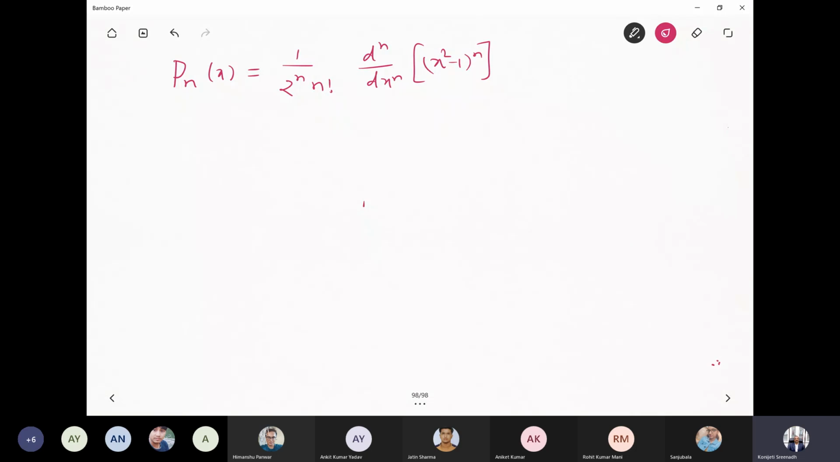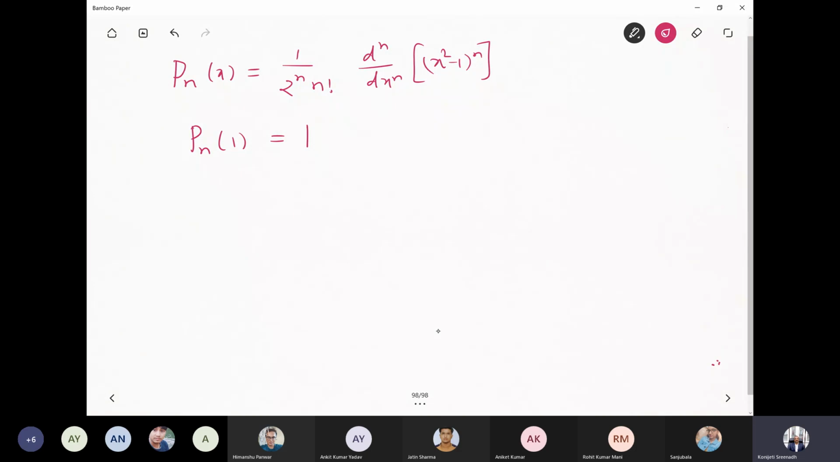Have you seen the proof of this, any of you? Yes, sir. You have seen the proof. Okay. So if you know that, then I will skip this. And one more thing is that Pn at 1 is simply 1. Okay, so why is that equal to 1? It is 1 because